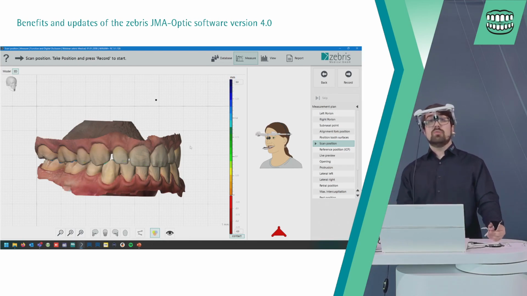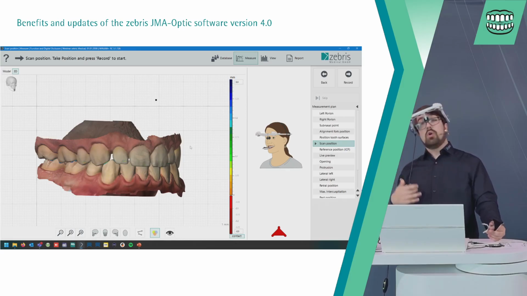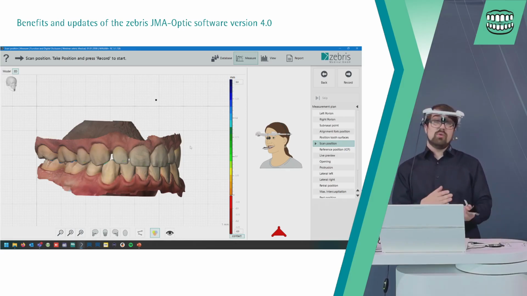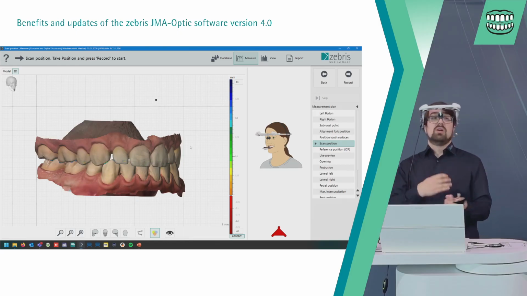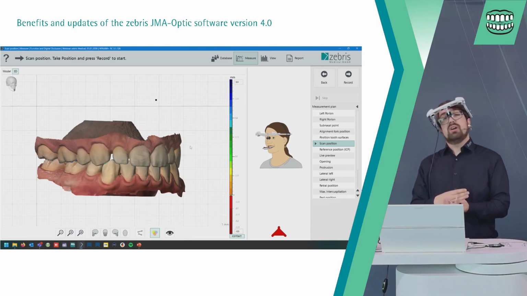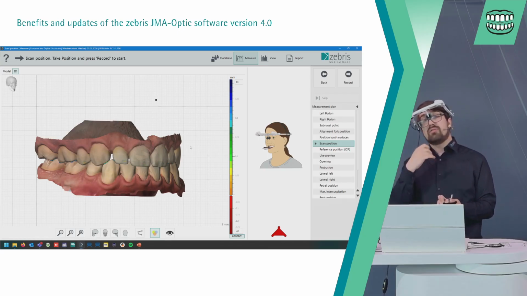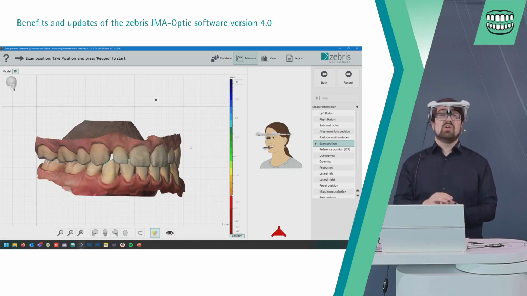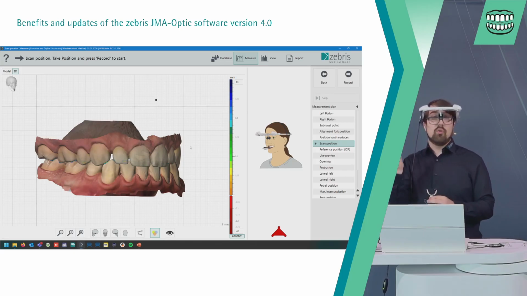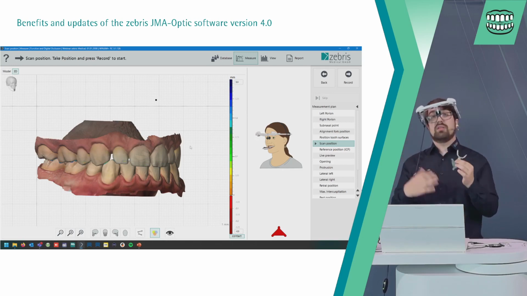Because we can use this measurement with a patient where we make the vestibular scan in occlusion, or for patients who don't have a stable occlusion, and we would get a lot of intersections when we make a normal vestibular scan with this patient. You can also now make the vestibular scan with a stabilization of a bite registration material, so you get a clean vestibular scan. And we now use the software to measure this open bite with the registration material. In my case, I have a closed bite.